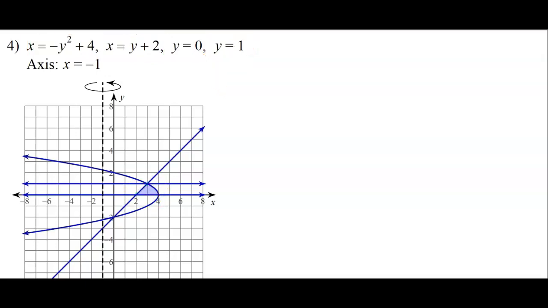Now, let's ask ourselves, where is our axis of rotation? Right there. Now, which line is farther away from the axis of rotation? Well, the red one, once again, is farther away from that axis of rotation than the green one. And so my big radius, and this is going to be with respect to y, because we're doing a vertical axis of rotation, is going to be that equation for the red line